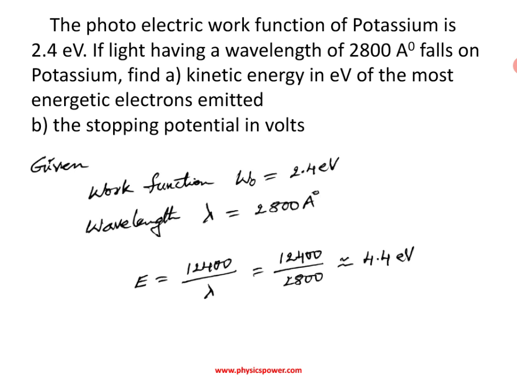So energy 12,400 by lambda in angstrom unit. So you will get total in electron volt if you substitute wavelength in angstrom unit. So given wavelength lambda 2800, approximately that is 4.4 electron volt. So therefore the maximum kinetic energy, energy of the photon minus work function, so 4.4 minus 2.4, so 2 electron volt. Now B,